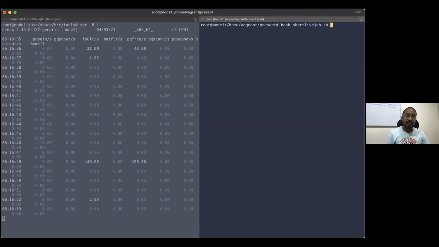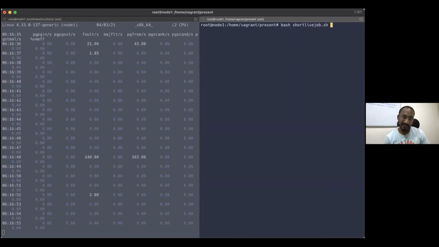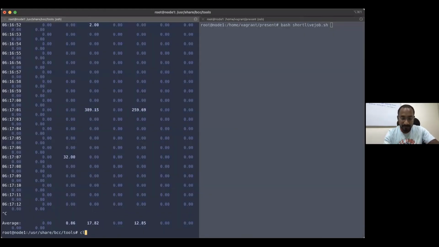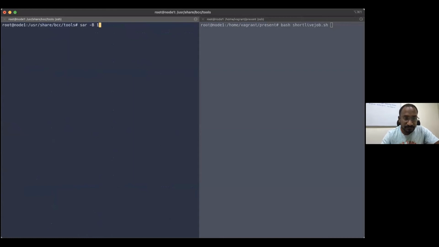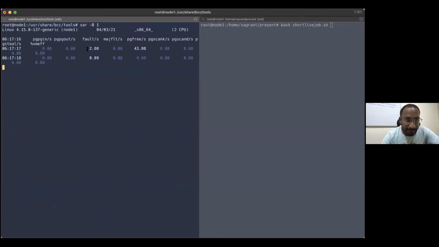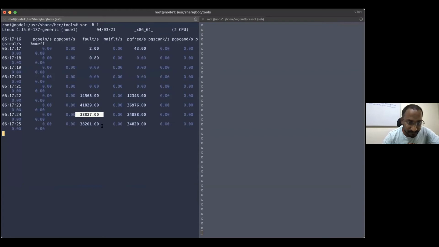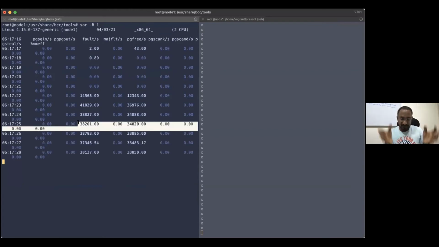Okay, let's see. People who are very good at OS concepts know that when you create a process, it needs to create a page table for it, and it needs to load the page information from the shared buffer or shared cache, or create the information in the address table, something like that, right? You will observe it. You can see that page fault. This is minor page fault. Now it is 0, right? After creating a short-lived process, you can see the faults happening more. That means a page is created for memory.